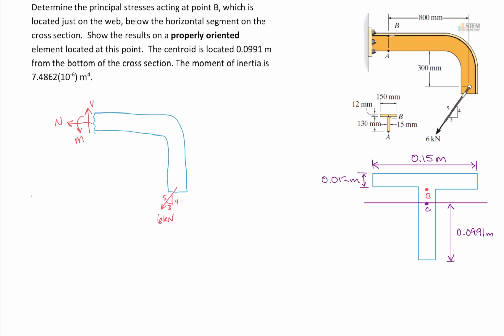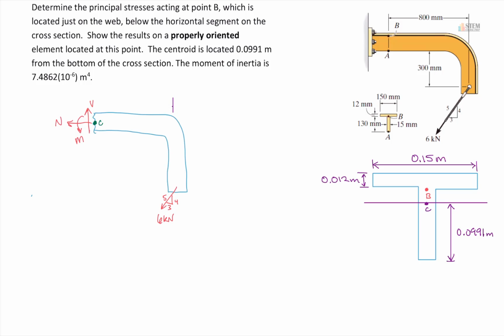Now let's put our distances on here, because I'm going to take the moment about this point here. And let's label this point over here. Let's make it green, I guess. Right here is going to be C. So that's where we cut it. And basically we want to take our moment at the centroid of that cross-sectional area. So if we put our distances then,